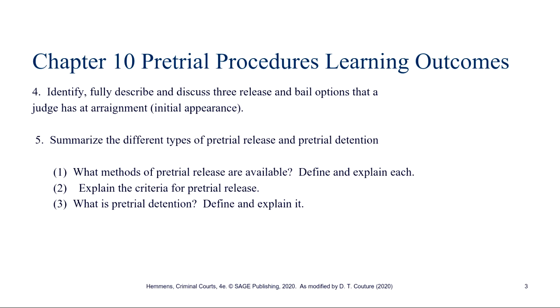It's really like a mini trial. And the standard is quite high. It is clear and convincing evidence, which is higher than probable cause, lower than proof beyond a reasonable doubt. And that's the last thing that a defendant wants to have happen, but it does happen routinely in first-degree murder